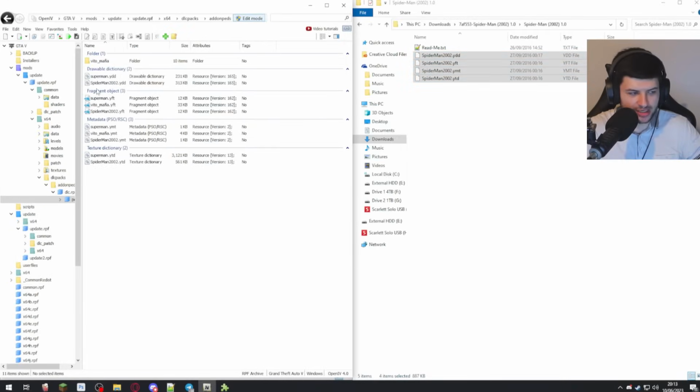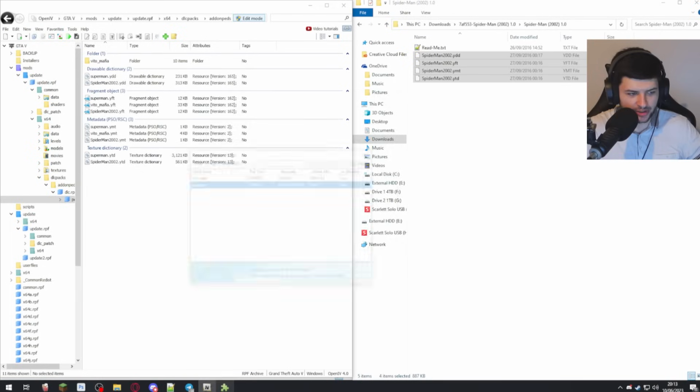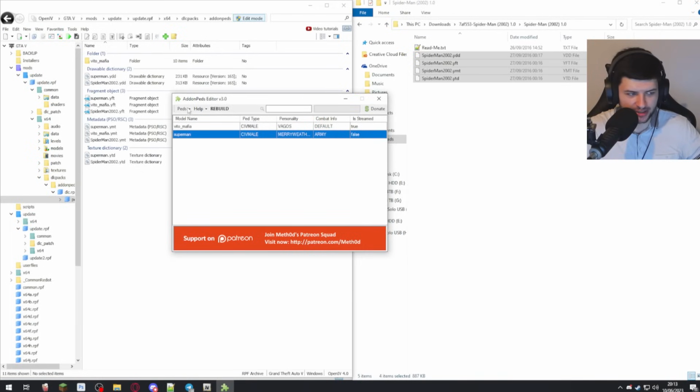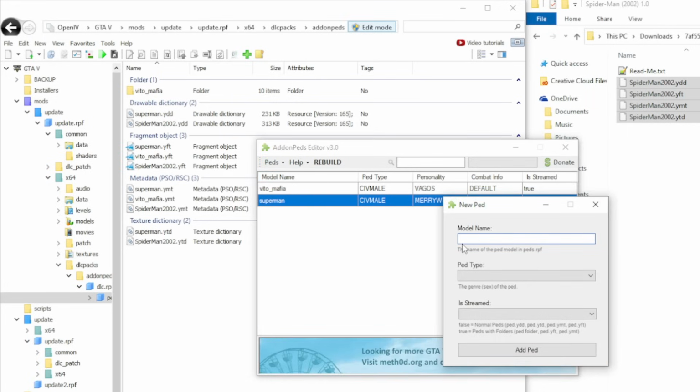And now we've installed it. The name of our model is Spiderman 2002. So now we're going to use that. We're going to go into the AddonPeds editor.exe from before, press peds, new ped, and the model name is the name of the model we've just installed in OpenIV, which we can see on the left hand side still. So I'm going to type in Spiderman with the right upper and lowercase that it has, 2002, and then ped